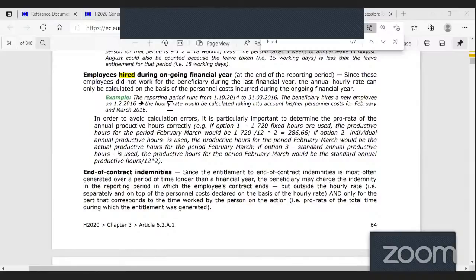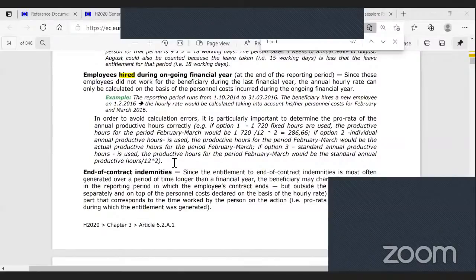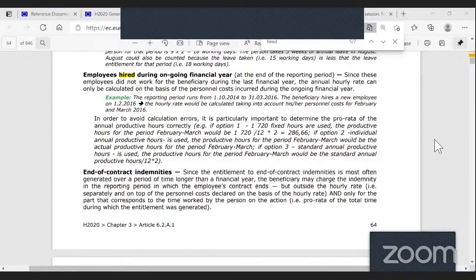You have an example on what would be the situation. And you have even some warnings regarding how to be careful for the calculation of the pro rata of the annual productive hours. I have a strange message here. Calculation of the pro rata of the annual productive hours. So here you have the answer, but the most important for me is that there you are able to see that